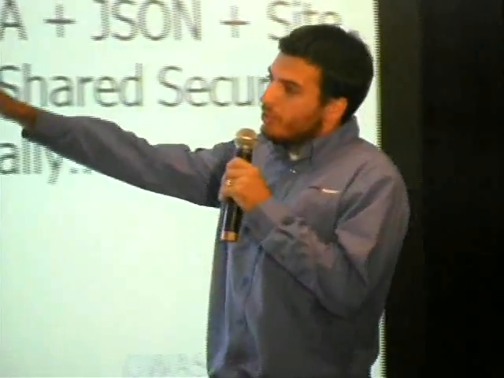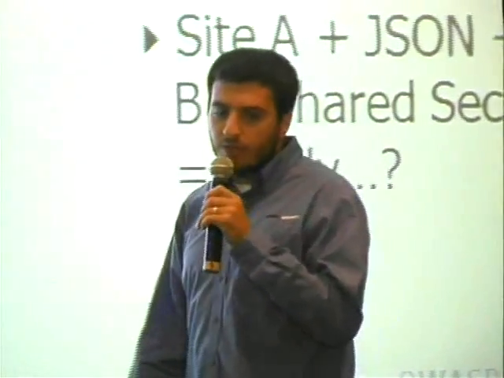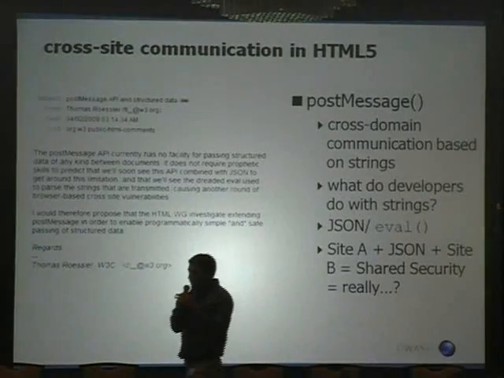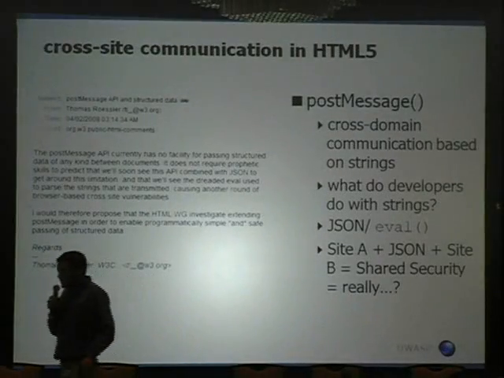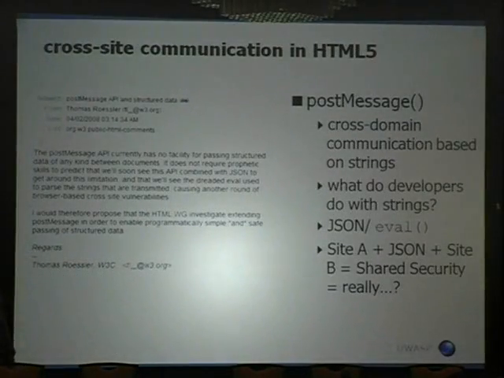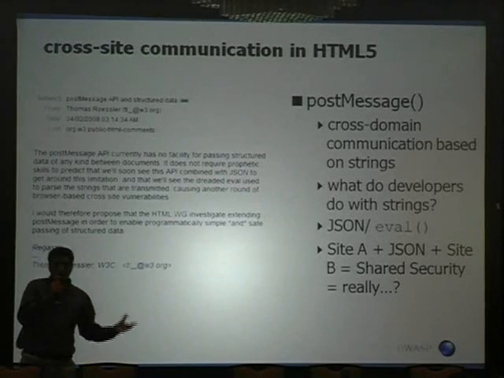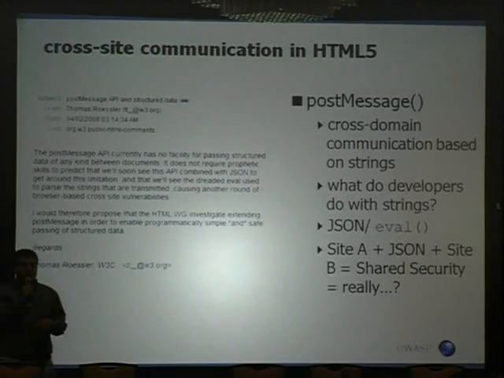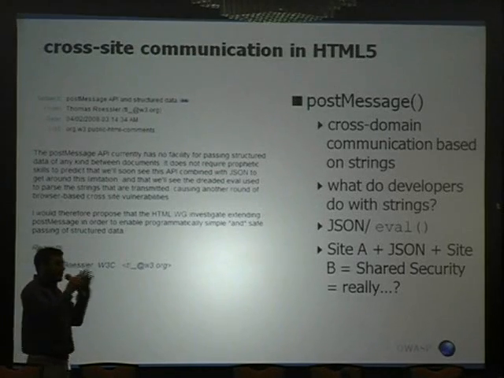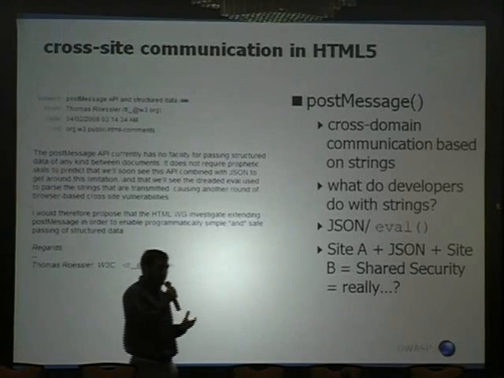Okay, so here's an email from Thomas Roessler, who's kind of our contact at W3C for OWASP. And here's him saying post message is a terrible idea because the API of post message encourages developers to have terrible practices. The way you send a message from one site to another is you send the origin that you want to send it to, the domain, and you send it the message. And the message itself is a string.